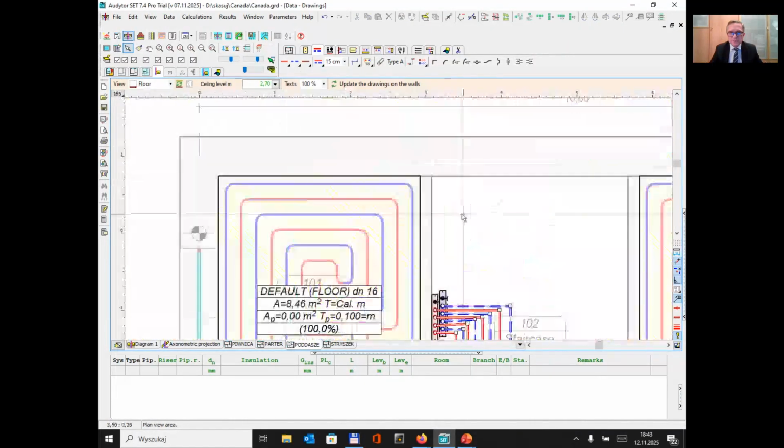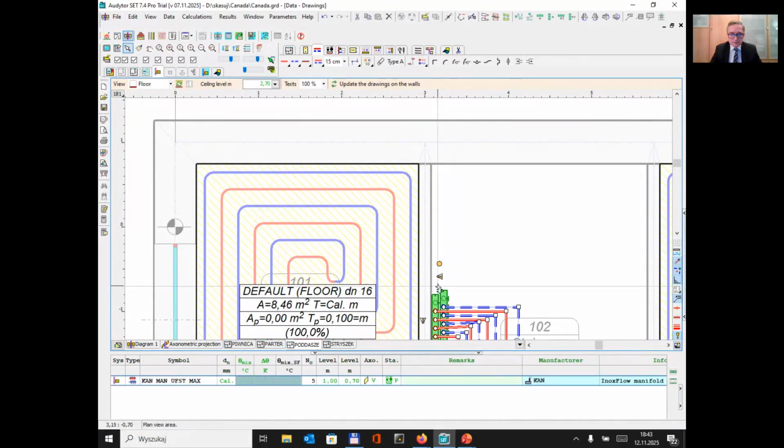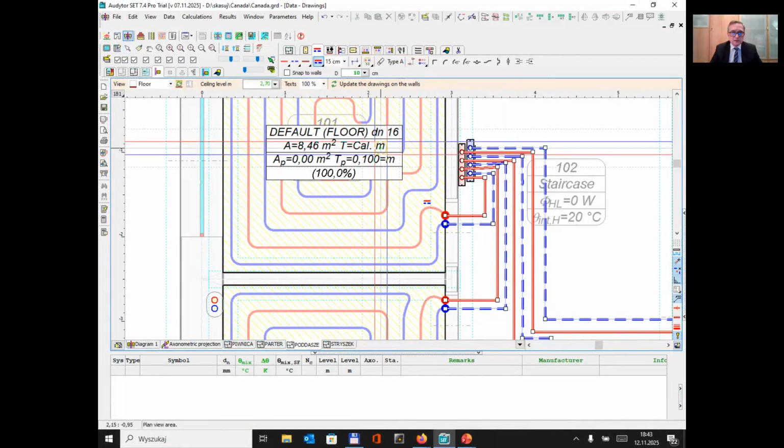So all the heating zones are connected. Now I will reduce the length of the manifold. And again, I have to